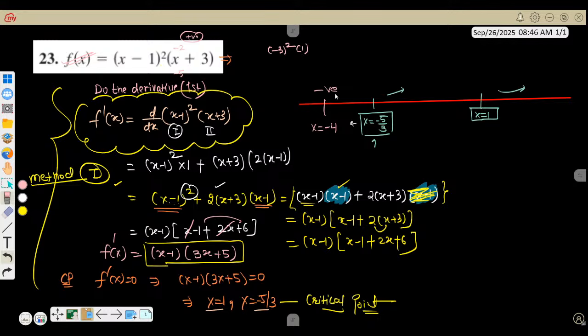So yes, I can say that if I put -4, the function is negative, right? But after that, on the left side, suppose x is equal to 0. If I put it, this gives me a positive value. So you can see from negative the function starts increasing. So can I say negative to positive means the function was decreasing and now the function is increasing. So from minus infinity to -5/3, my function is